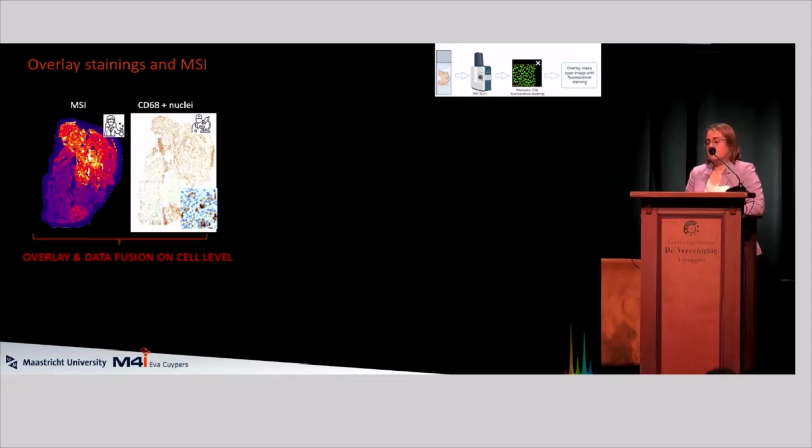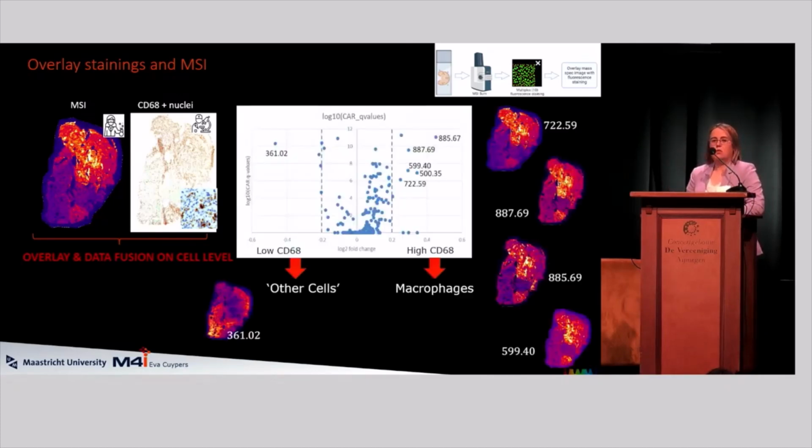We first did the MSI, and afterwards we did the staining for macrophages, because macrophages are thought to be a key player in the evolution of these glioblastomas. So the brown areas are basically the macrophage stainings, the blue ones are the nuclei staining to know where the other cells are. Then we do an overlay, and based on this overlay, we have an in-house written program where